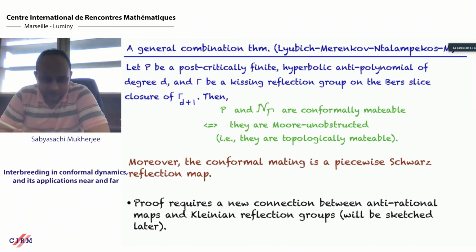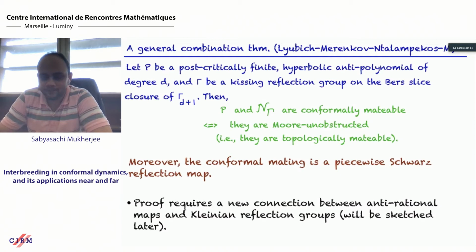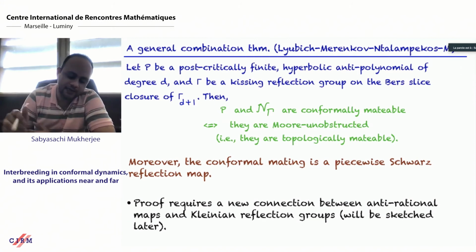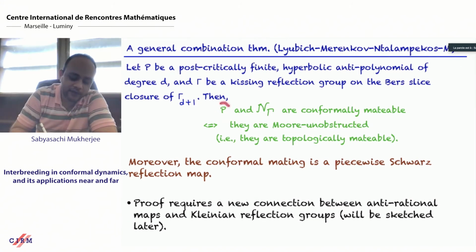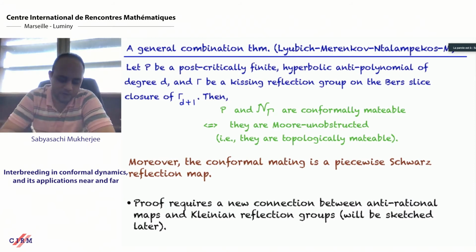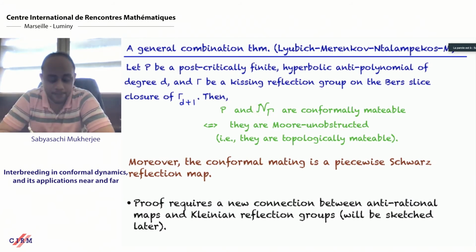Now, to circumvent this difficulty, one needs to use a new connection between antirational maps and Kleinian reflection groups, which I'm going to talk about now. So what's the rough idea? The rough idea is that instead of trying to directly mate these two, you try to mate the polynomial P with another polynomial. And now you may ask, but that's not what we wanted to do. We wanted to mate the Nielsen map of gamma with P. So why would I try to mate P with some other polynomial? And that's where